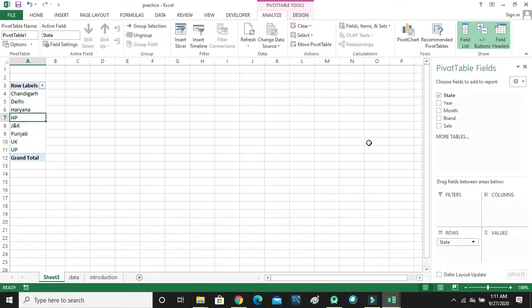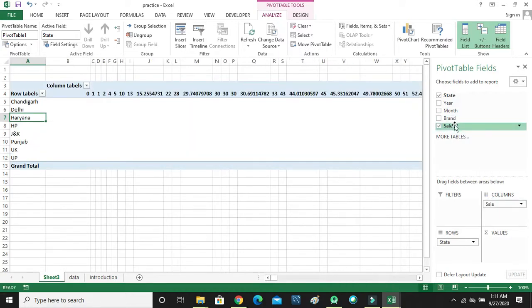So state will come in rows. Any calculated field, any number field, like sale, volume, anything in numbers, comes into the values field.